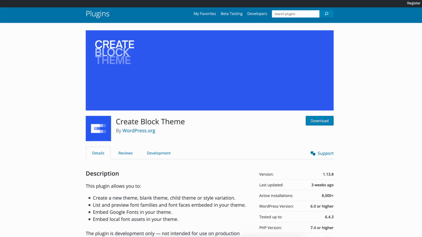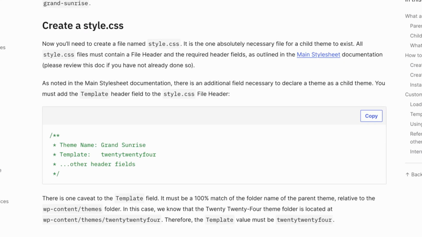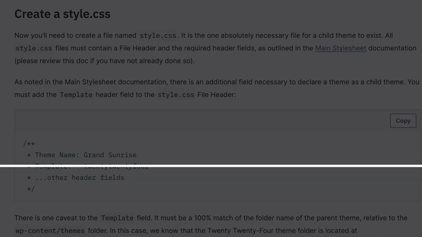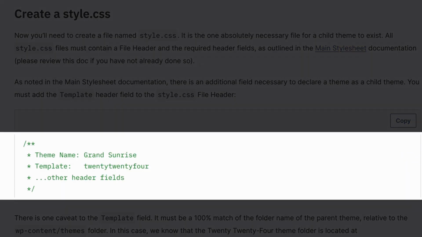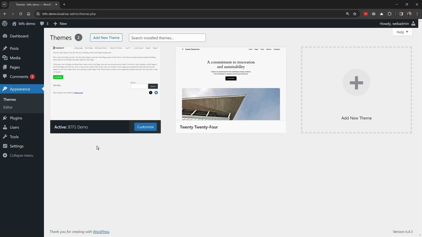Creating a child theme couldn't be easier either. Sure, you can use that Create Block Theme plugin that I showed you earlier, but that's pretty silly when all you need is a single file with two simple lines. So let's go ahead and open up our sample project and we'll create a child theme, and I'll show you how all this works. Here we are back in the demo website,